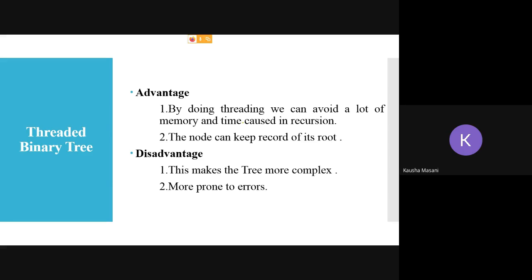If you make just one silly mistake in your in-order traversal, then the selection of your predecessor or successor will be wrong, and thus your threading will be wrong. So you make your tree complex, and due to the complexity you are more prone to errors. Got it till here? Advantages and disadvantages of threaded binary tree.